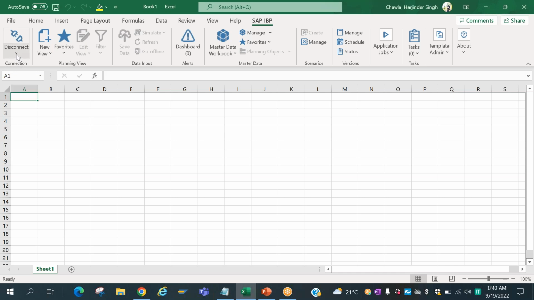And if you scroll, you will have Disconnect as well as Log Off. If you do the Log Off, it will not remember your credentials. Again, when you are logging in, you have to enter the username and password. It will basically forget your username and password. If you keep your cursor here, the same thing, SAP has written it to help understand: it will delete the remember-me settings.